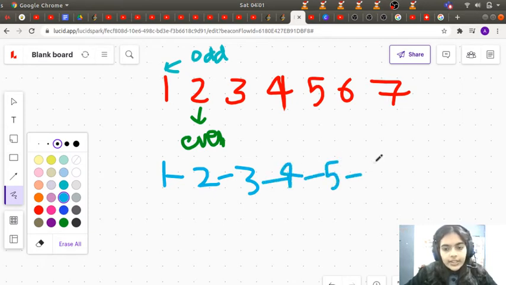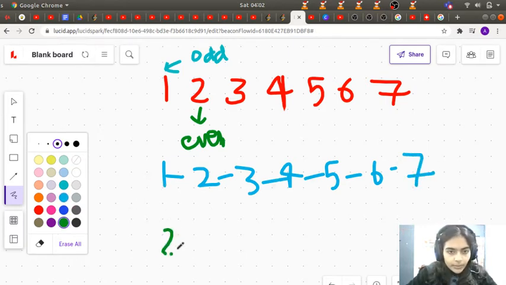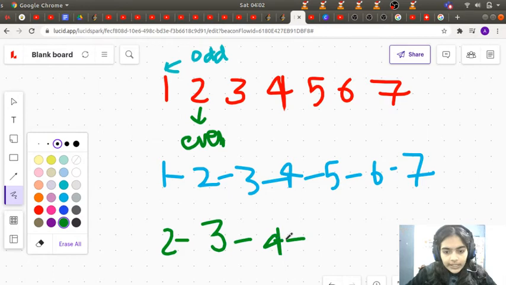So odd is able to see these linkages because odd is holding the head pointer. Odd is equivalent to the head pointer. Let's see what even is seeing. So even is starting from 2, so even is able to see this linked list 2 3 4 5 6 and 7.